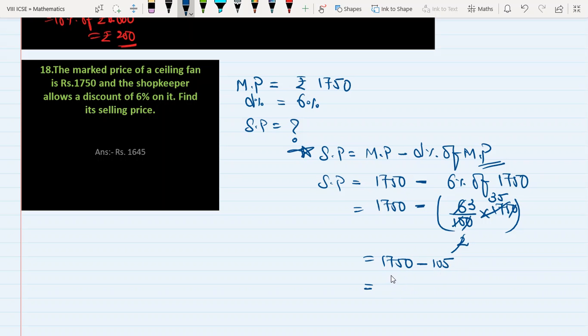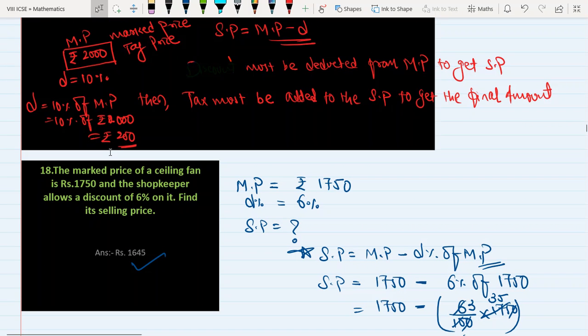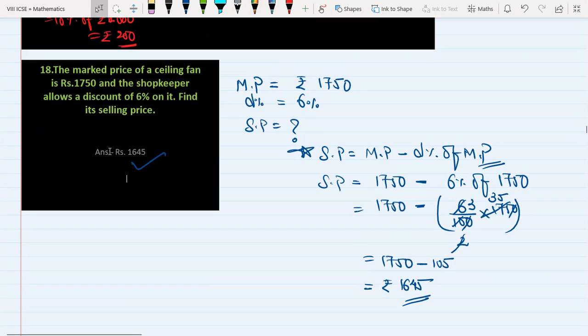So 1750 minus 100 is 1650 minus 5 is rupees 1645, and that matches with our answer. So the answer is correct. Now you understood how to deduct discount from the mark price to get the selling price. The same thing I discussed here at the beginning, as a little note. But here in the first question I showed you how to apply that formula, and I also showed you the